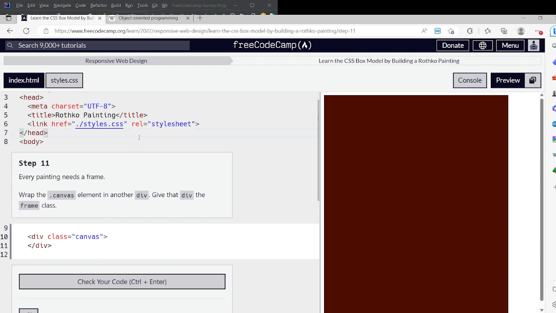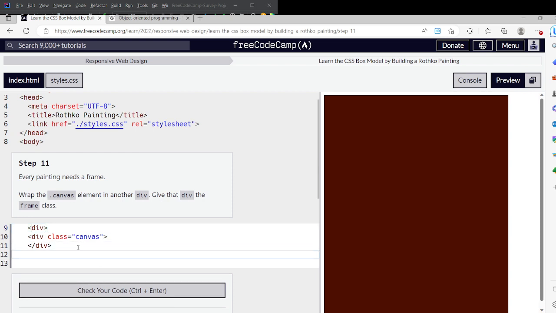Okay, so I think what it's asking me to do is create another div element over the canvas div element. So now we just opened and closed a div element, but we want that div element apparently to